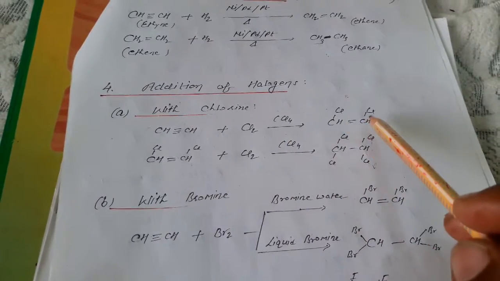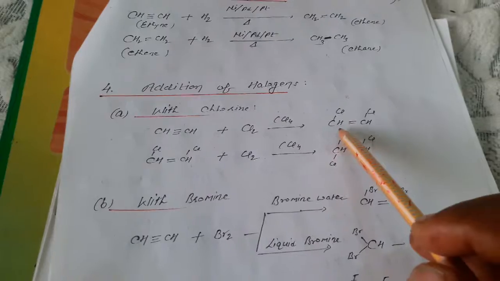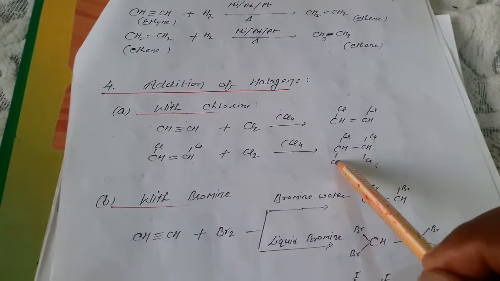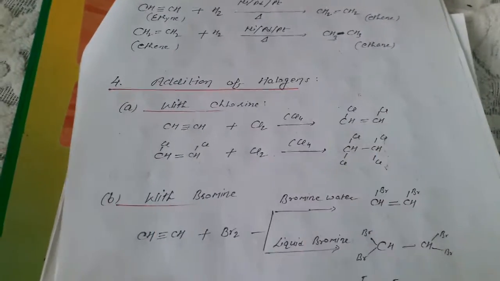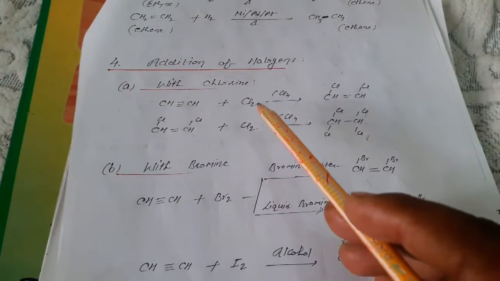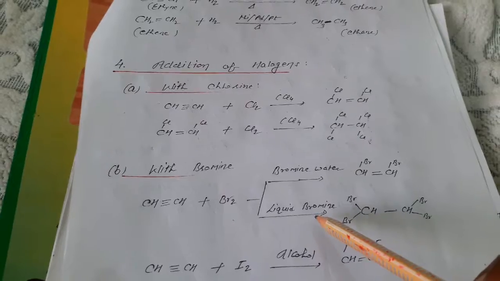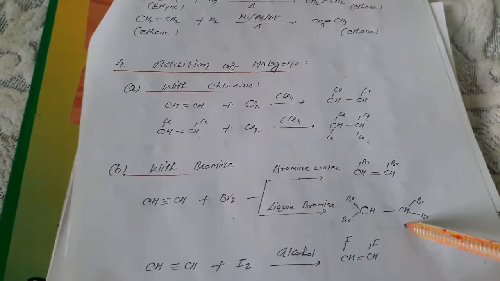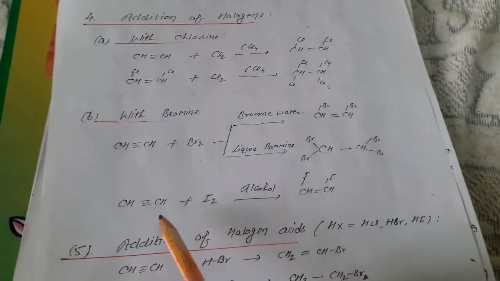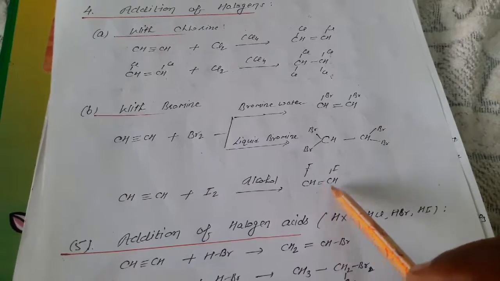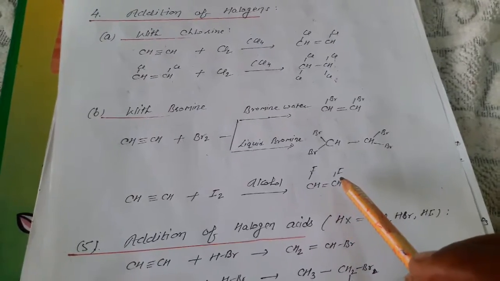Okay, when two chlorine atoms are added, we say acetylene dichloride, or acetylene tetrachloride. With bromine, similar to the reaction of chlorine, bromine water and highly concentrated bromine water give the formation of tetrabromoacetylene. Okay, iodine can be added to acetylene in the presence of alcohol and gives 1,2-diiodoethene, not bromide, iodide,